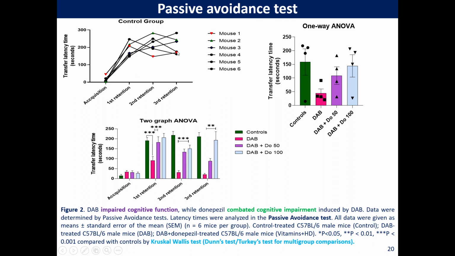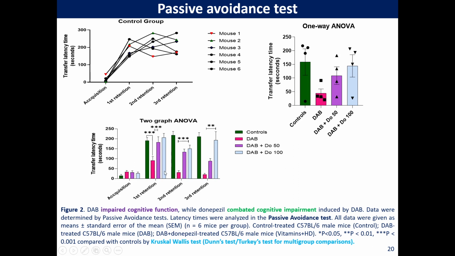until the Thursday. Similar with that, you can see here in the DAB, the toxic drug, the mice cannot remember. So when we put the mice in the bright room, they go directly to the dark room. That's why the time in the bright room is lower compared with other groups. But if you treat with donepezil, the drug for Alzheimer's treatment, they remember, and some might go to the dark room, but on average the transfer latency in the donepezil group is higher than